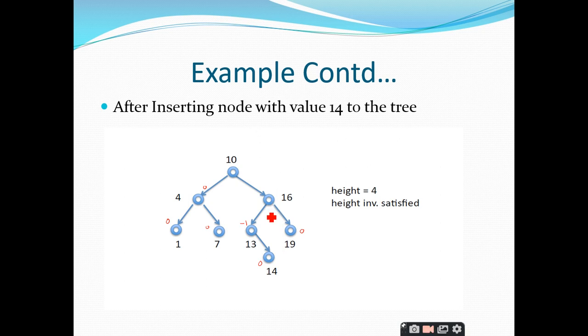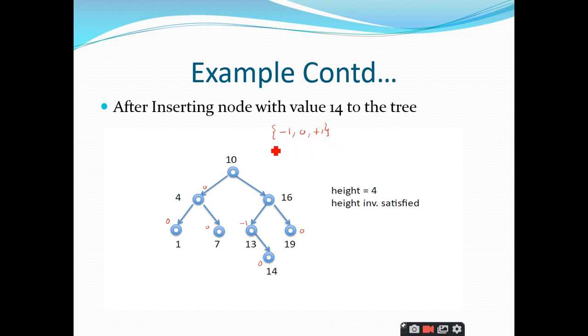Balance factor modulus, sir. Yes, we can. That is the formula given by a particular author, Forouzan. You can take the modulus, but you can also take this minus 1 value, not an issue. Keep in mind that every node can accept only 3 values as the balance factor: minus 1, 0 and plus 1.